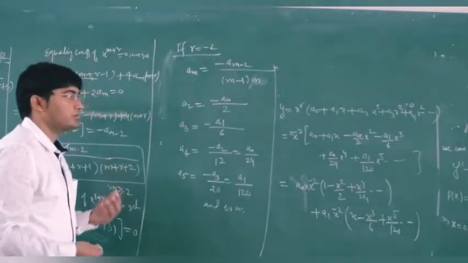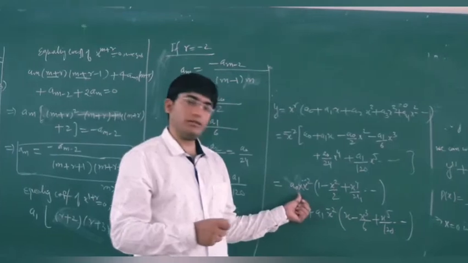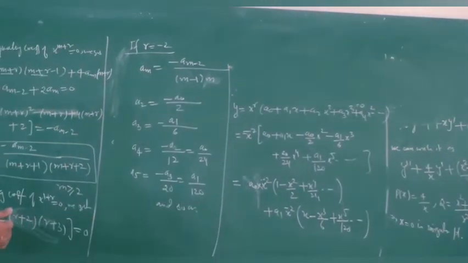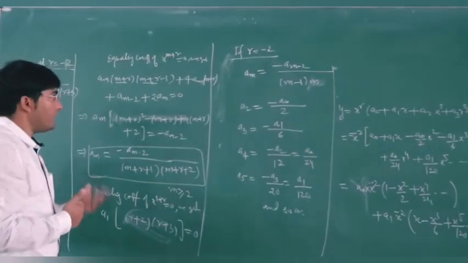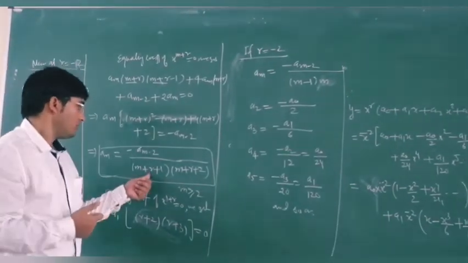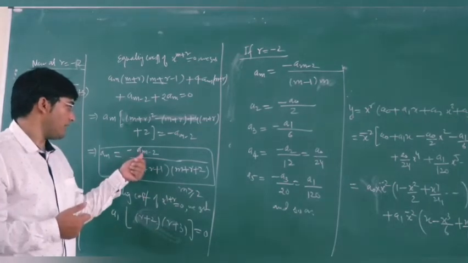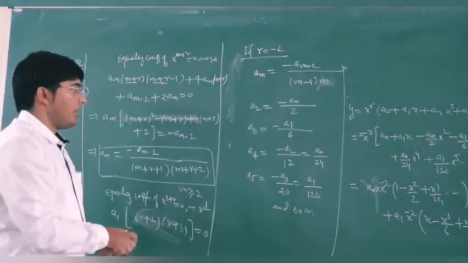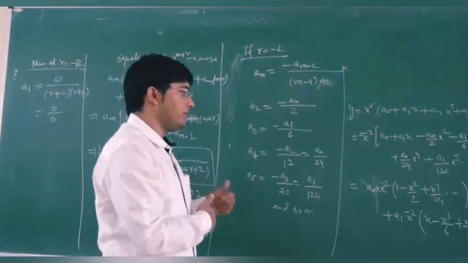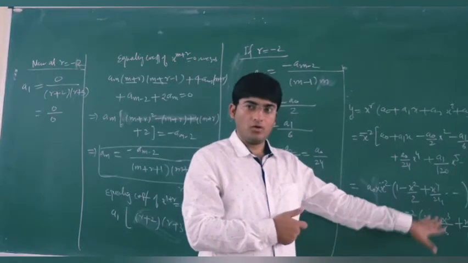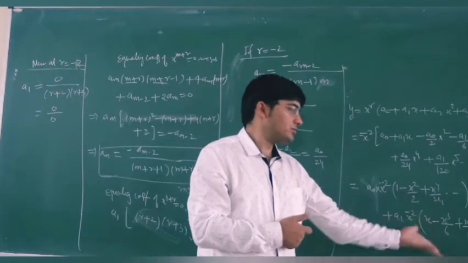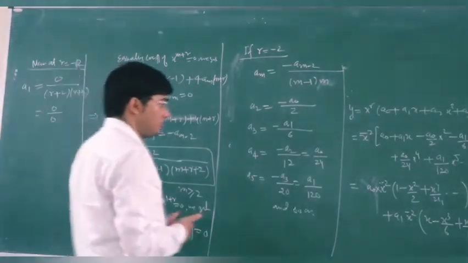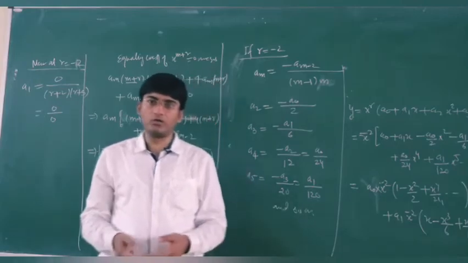solution of this differential equation, and here you can see that we have two unknowns, one is a0 and another is a1. Now if you put r equal to minus 1 here, you can see that your am will be minus m minus 2 upon, this will be your m into m plus 1, and you can see that the solution will be either of this bracket or a multiple of these two. So we can say that we are not getting any independent solution, that is why we are not finding the solution at r equal to minus 1.